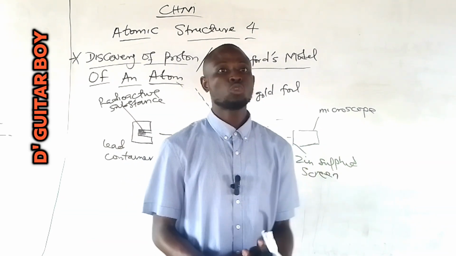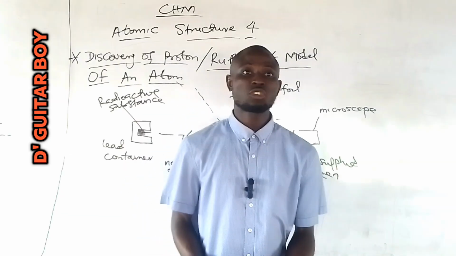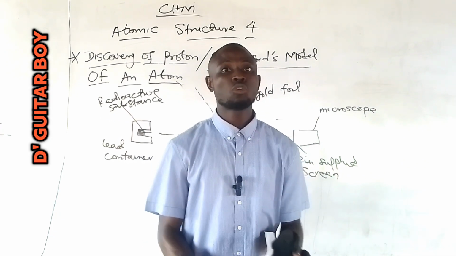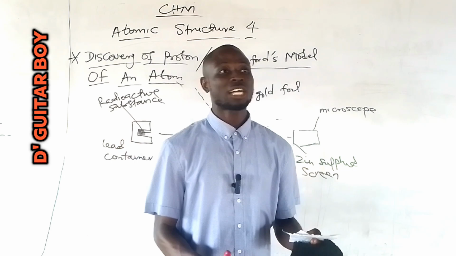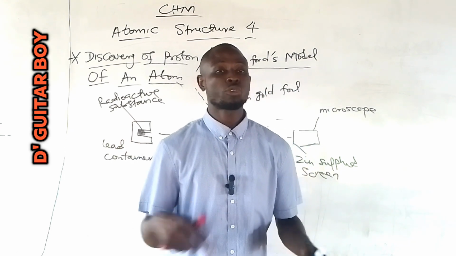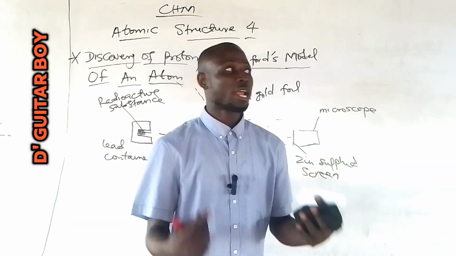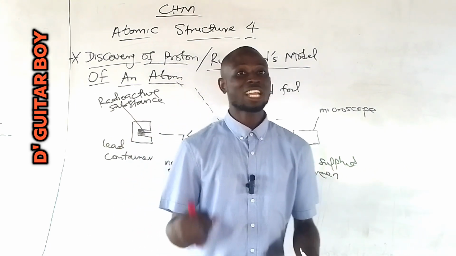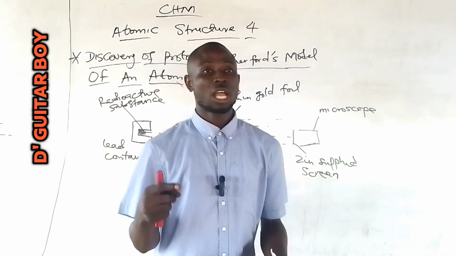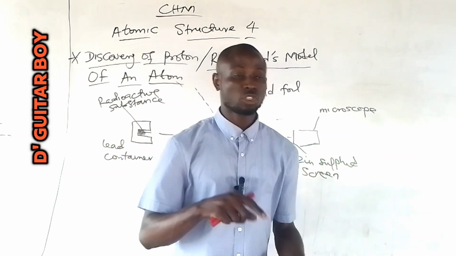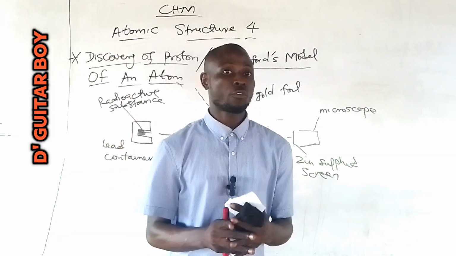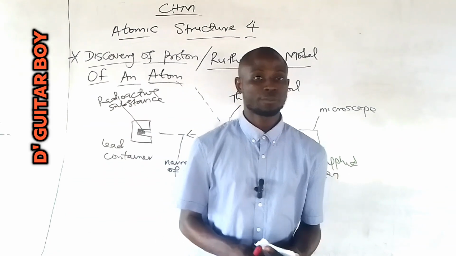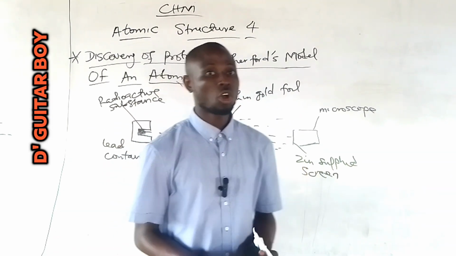So if you are asked who discovered the nuclear theory, the person is Rutherford, because before this particular time, nobody ever talked about an atom having a center nucleus and an electron revolving around the nucleus. Rutherford went further to tell us that an atom consists of a positively charged center nucleus around which electrons revolve. And he was able to measure the